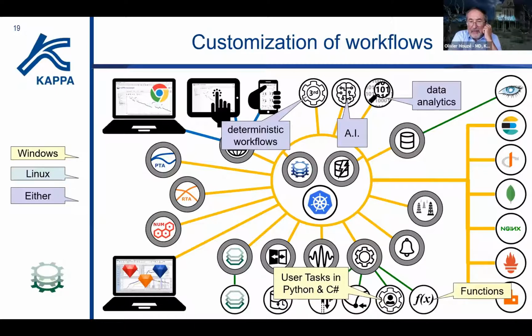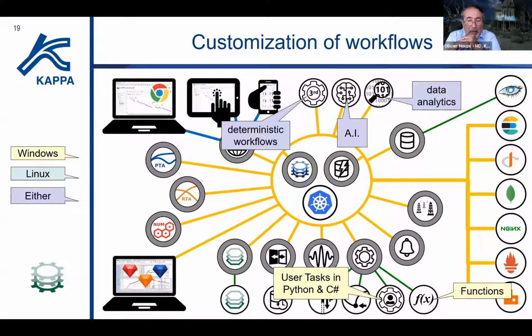And then we have, let's say, the way, because again, as I was saying, KAPPA Server was essentially a closed system, at least compared to what we can do now. And here you have the 5 different ways an engineer, the IT or the R&D center of an operator, a third-party application developer, or ourselves actually, could customize the workflows. So on the bottom, you see the things that are built in